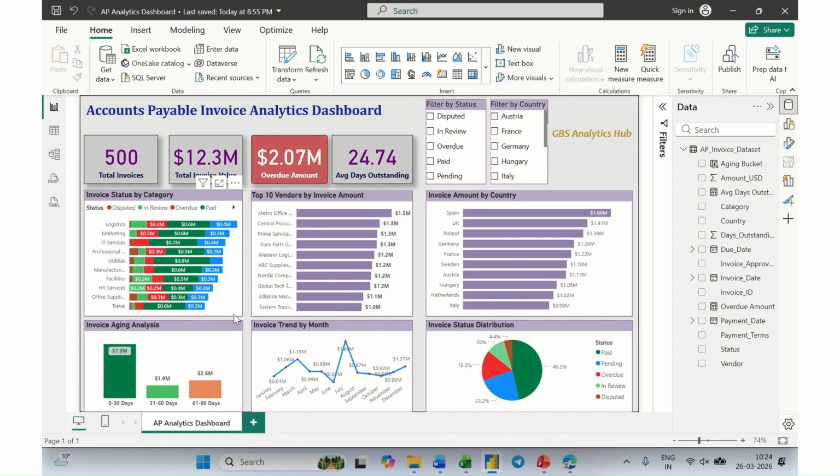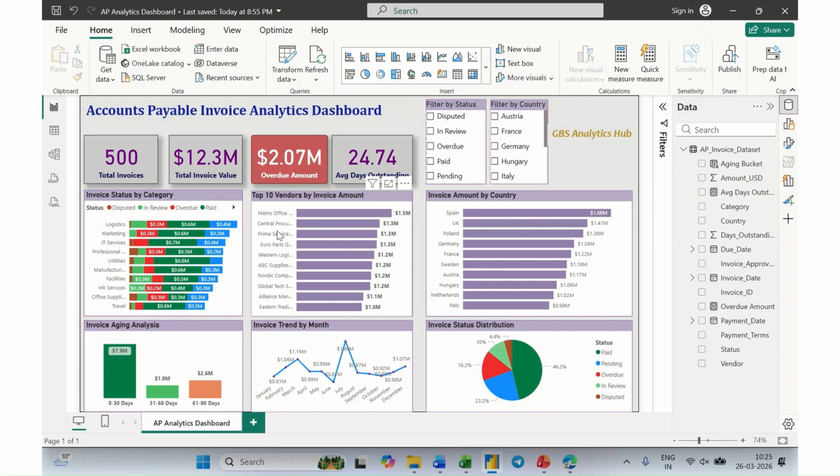The top 10 vendors by invoice amount chart shows which suppliers represent the largest financial exposure in our accounts payable ledger. Metro Office Supplies leads at $1.5 million, followed by Central Procurement and Prime Services, each at $1.3 million. What is important to note here is that this is not just a spend ranking. Combined with the status filter on the right, you can click on overdue and immediately see which of your top